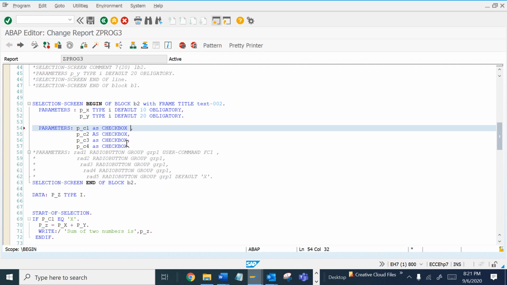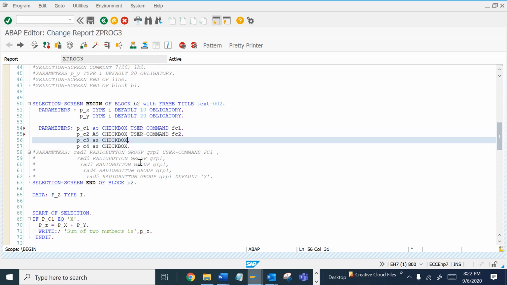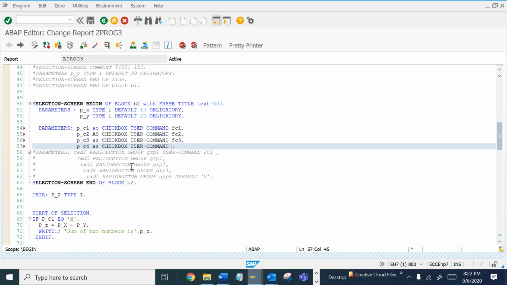So let's define all the function code in that case. So we will have 4 function code.